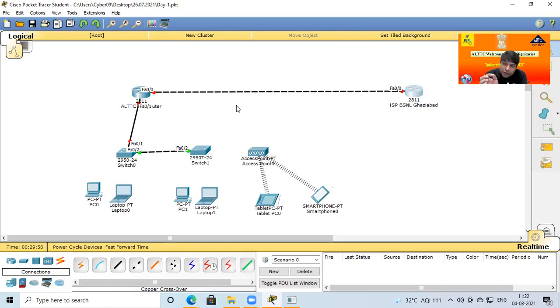If you put 0/1, there is no problem. But for proper functioning and easy maintenance, we first try 0/0 and put 0/0 on the other side. Okay.